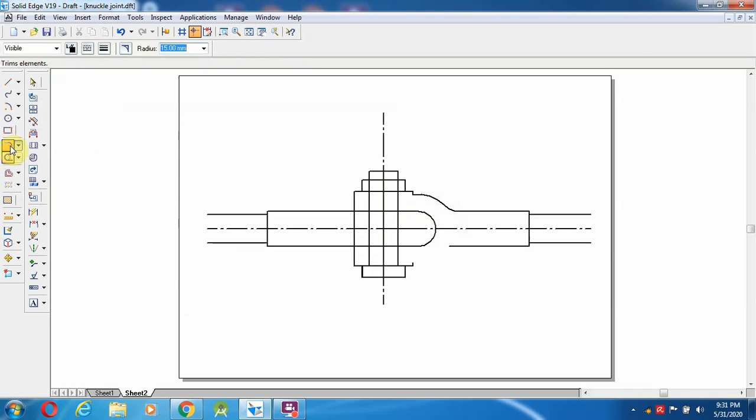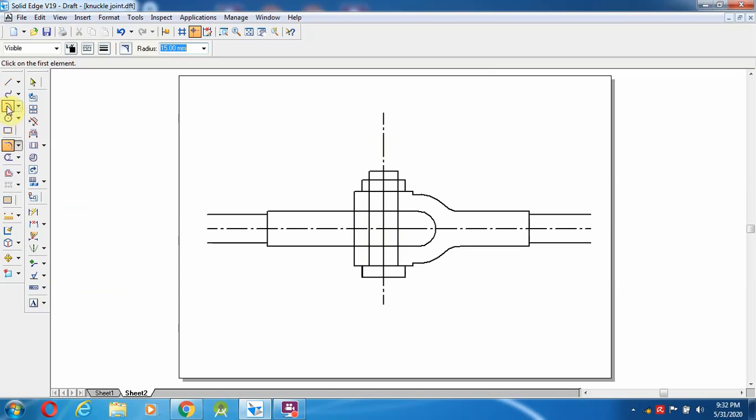Once again we can redraw the arc. Due to the fillet, this one is erased from here to the particular point to the end. Now I am going to select the fillet option again. This is from here to here, 15 mm. So this has to be created over here.